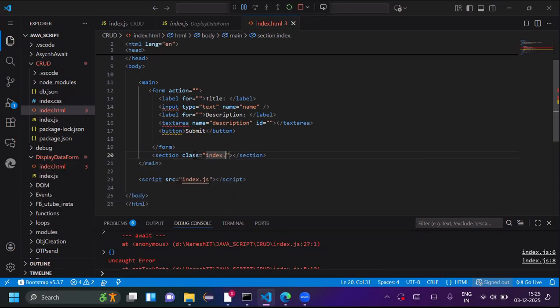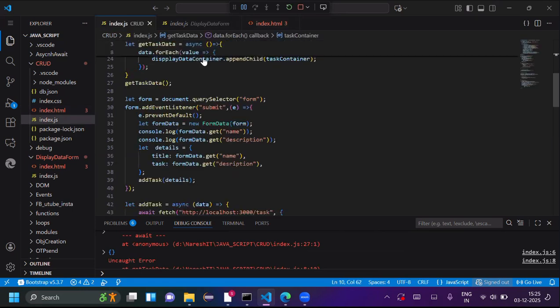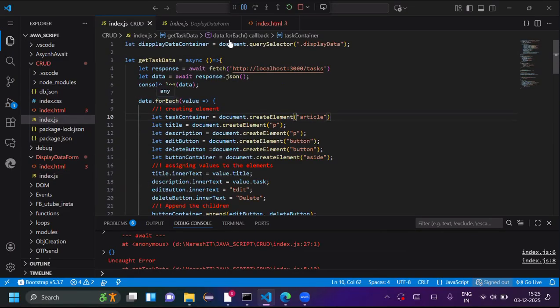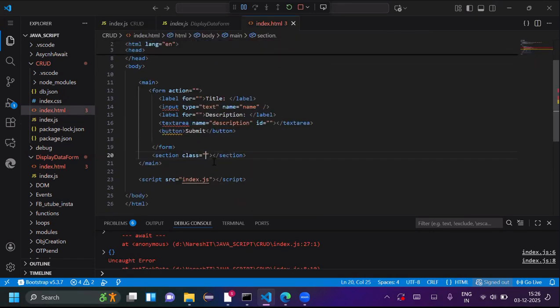सुशील, व्हाट आर यू डूइंग? क्लास के अंदर क्या लिखना है सर फिर? इंडेक्स डॉट जेएस में जाओ। वहां डिस्प्ले कंटेनर जो क्लास तुमने कॉपी किया, टॉप में जाओ। उसको कॉपी करो, लाइन नंबर 1 के डिस्प्ले डेटा को, वो नहीं जो ब्रैकेट्स में लिखा है। सुशील, तुमने ये सारे क्लासेस नहीं सुने? हाँ सर, थोड़ा मिस किया होगा, बट जावास्क्रिप्ट की ज़्यादा प्रैक्टिस नहीं है ना सर। इंडेक्स डॉट एचटीएमएल पे जाओ, ये कॉपी कर लेता हूँ। वहां पर पेस्ट करो, डॉट हटा दो।